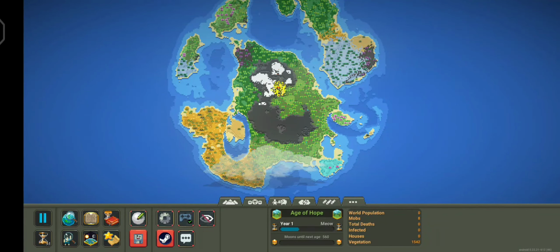Welcome back to the third part of this series of Worldbox on my YouTube channel. So far we have covered the introduction, basics, and terrain, etc. Now we are going to talk about the second topic, civilizations and their structuring. For that we need a civilization, and for that